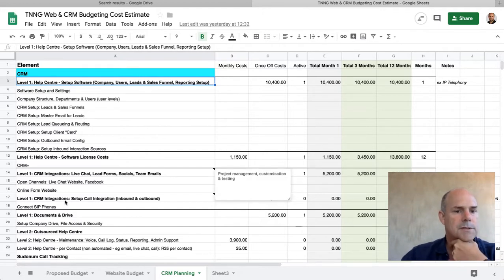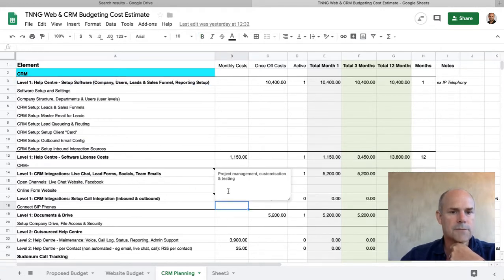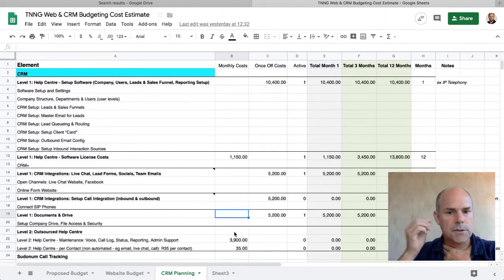The next level up is the CRM integrations with the live chats and the lead forms and socials. Now, the reason why we separate these out from our top one is that it's open-ended to know how many of the team's emails we've got to set up. So in the case where somebody says we've got 200 staff that need to be on it, it would obviously take us a lot longer, and we're not expecting to do 200, but invariably everybody's emails need some type of access, and it's never as easy as just clicking a few buttons and the emails come in, because it's usually,